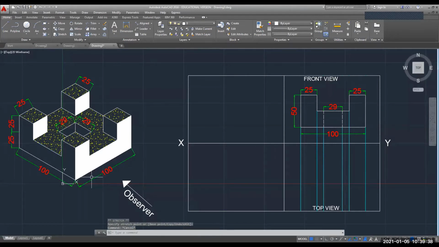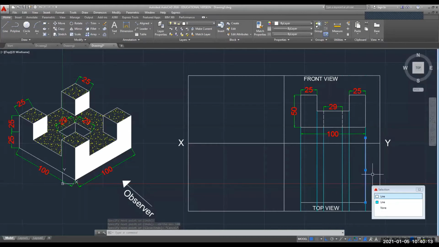So you can see, if you look at this object from the top, you will see one square of dimension 100 cross 100. So let's draw this square first, of dimension 100 cross 100. In this direction I want to move 100, so let me give the value 100. Oh, it is going beyond that point. So we need to stretch this. Just wait a minute. I will delete this line because this is going beyond your reference line.